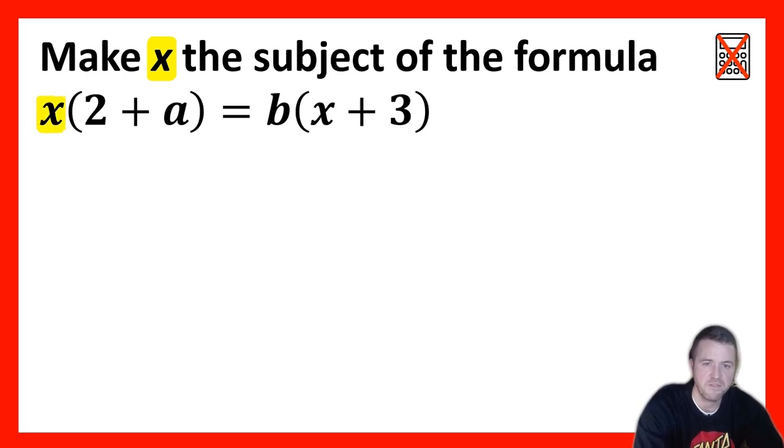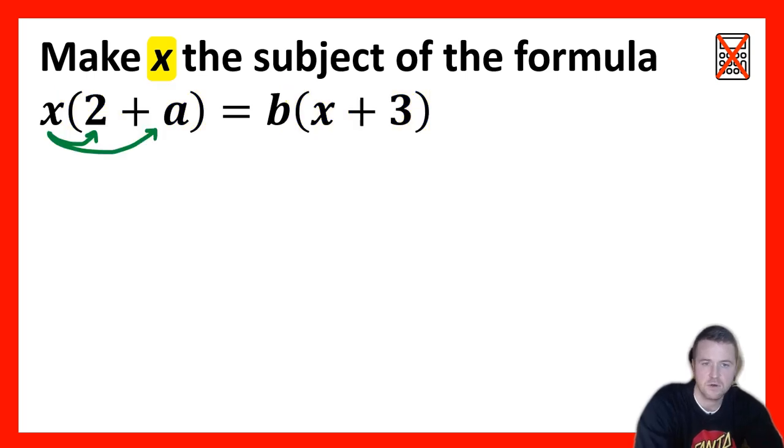other side. When the variable that you're attempting to make the subject appears in multiple terms, it's likely we'll need to use factorizing to help us answer the question. To do this, we'll need to isolate all of the terms that involve the desired variable. When you have brackets, it's often useful to expand these so that we can identify all of the terms that